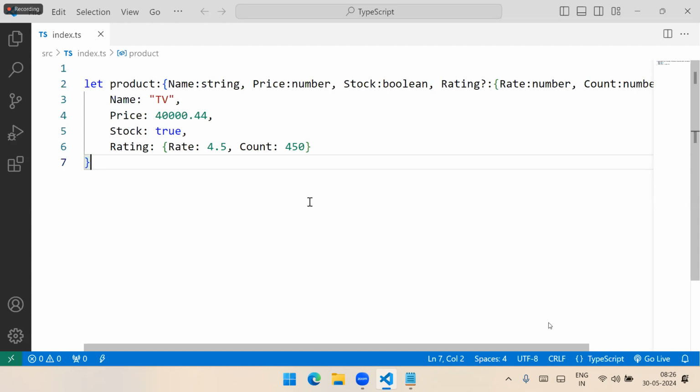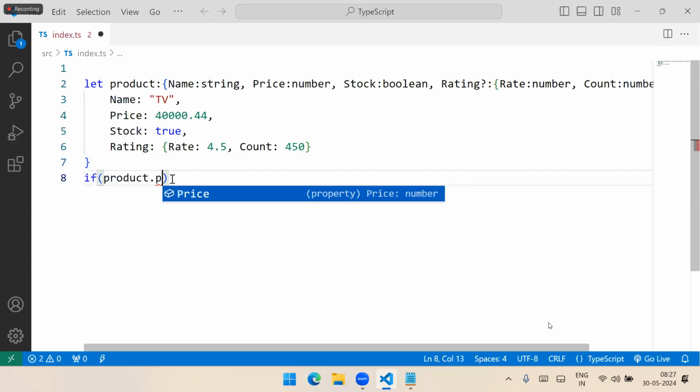How do you know whether it is defined or not? You already learned in JavaScript, you will verify using undefined. If value is undefined, that means don't print. If it is defined, then print. Optional features. Optional means they are referred with undefined. That means how you write it in logic. If